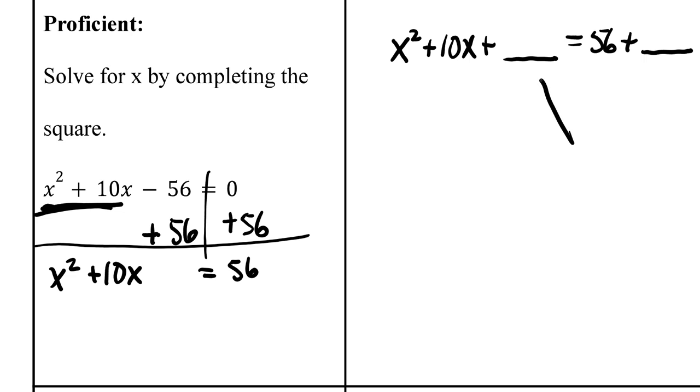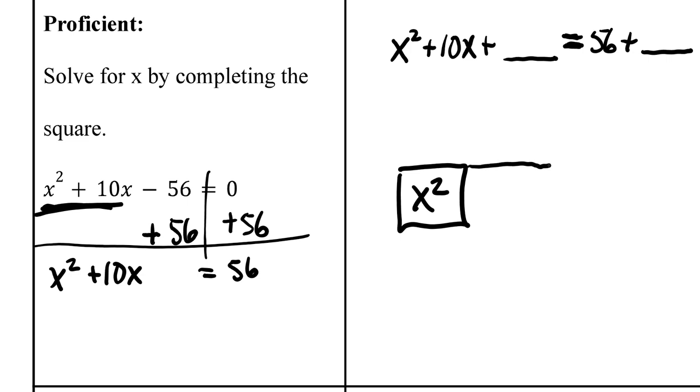And we're just going to have this same thing. Whatever we put there, we're going to put here as well, because it is an equation. So whatever you do to one side, you have to do to the other. But what we're going to put on this side is what's going to complete the square. Recall we have x squared here. 10x, I'm going to say, is the same as